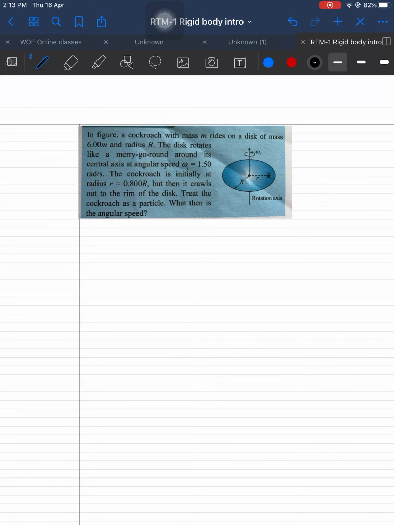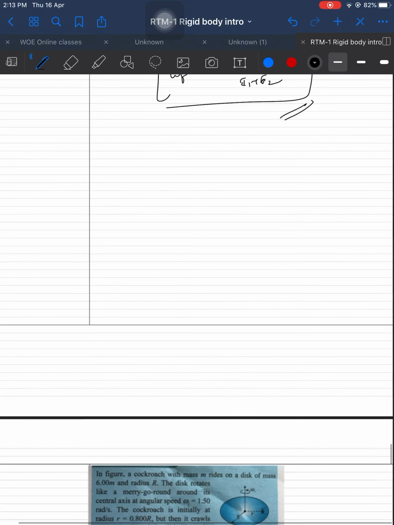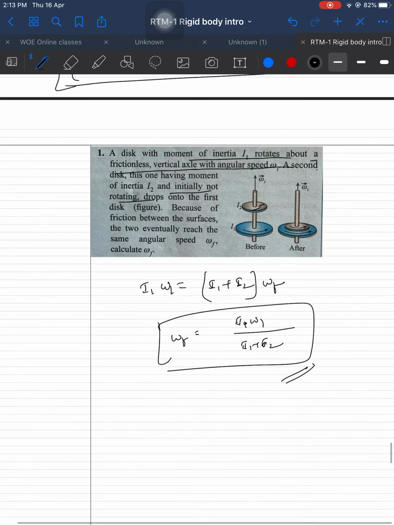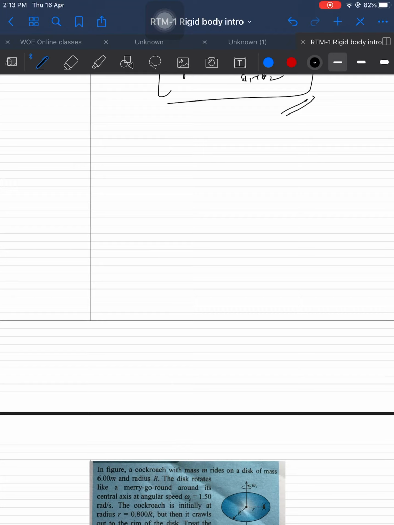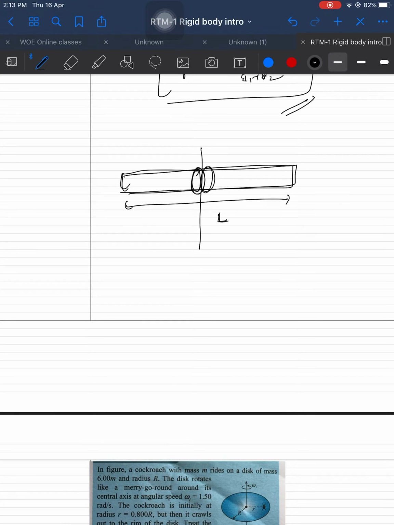These are different types of model. What are the types of model we discussed? One is earth rotation and a dumbbell extending, and one more question that can be asked is the bead problem. Two beads are at the center. Initially the rod length is L. Note down this question: rod length is L, rod mass is capital M, two beads of mass small m and small m. Initially they rotate with angular velocity omega. Now the beads are moved up to the ends.